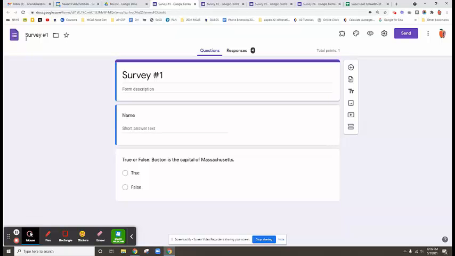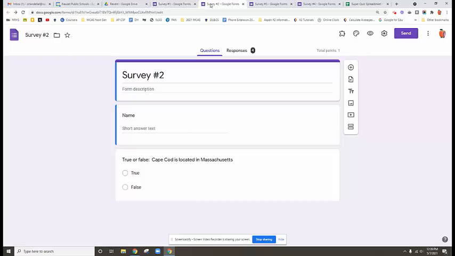Okay, so Google Forms, we know them, we love them, you probably have a ton of them. And if you are using them as quizzes, you probably really have a ton of them. So just one idea to make your quiz data more efficient and easier to find is to take these